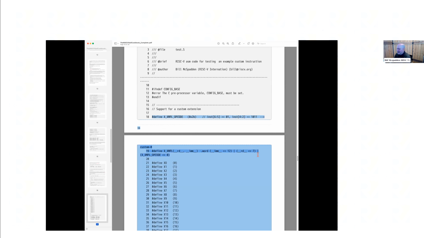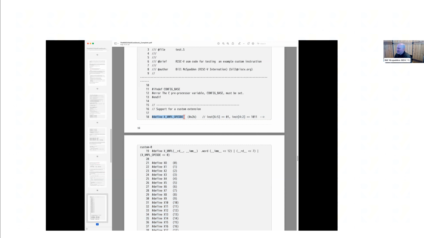Because if you've added an instruction, you almost certainly don't have a tool chain that has that instruction in it. In other words, you don't have an assembler that understands the mnemonic XMPL. It doesn't exist. Well, maybe you do. Maybe you're a tool chain guy, tool chain gal, and you know how to change the assembler to do that. For me, I don't have any of that expertise, but I do want to write a reasonable test that is intelligible. Okay, so the way we do that is